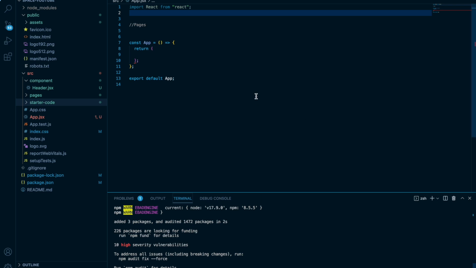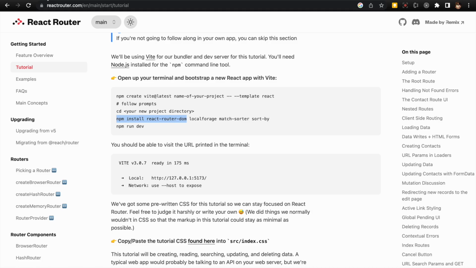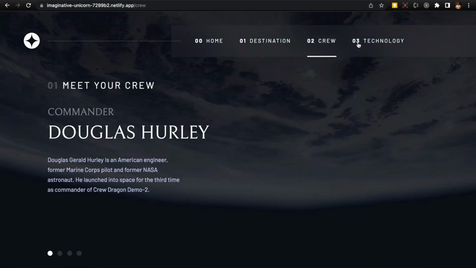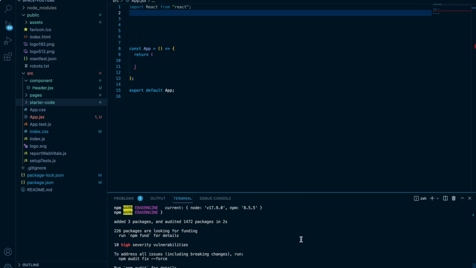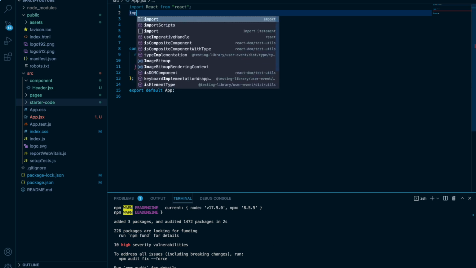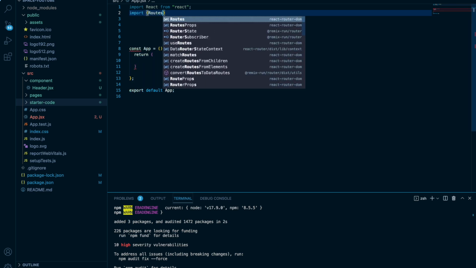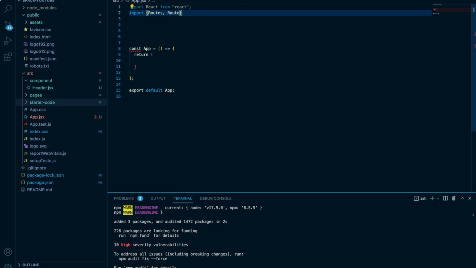Now let's start setting up the routes for this page. I will set up the route for the header component first, and since this remains at the top of every page, like you can see here, this header component remains at the top of each page, I will nest the rest of the pages within the route for this header. Let's import Routes and Route